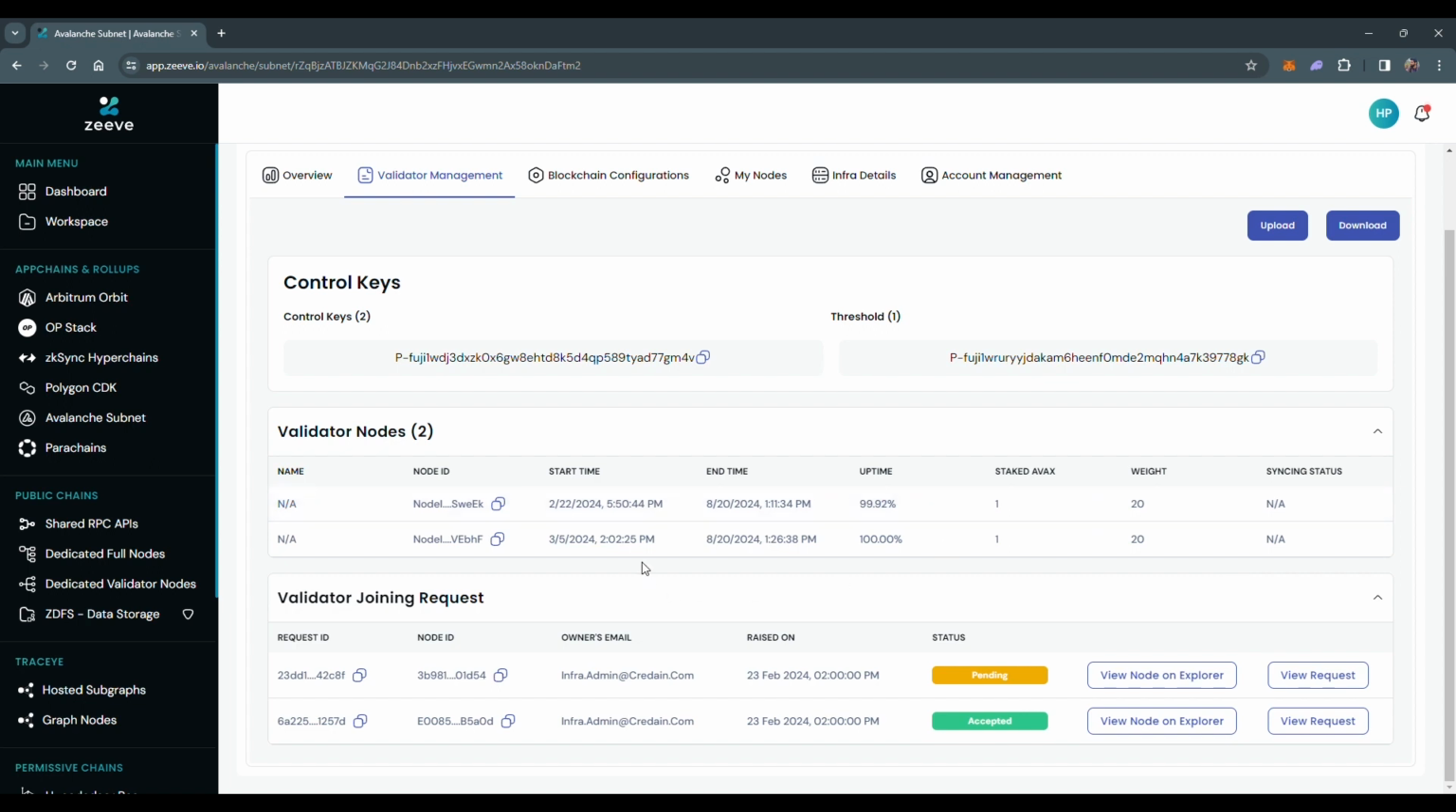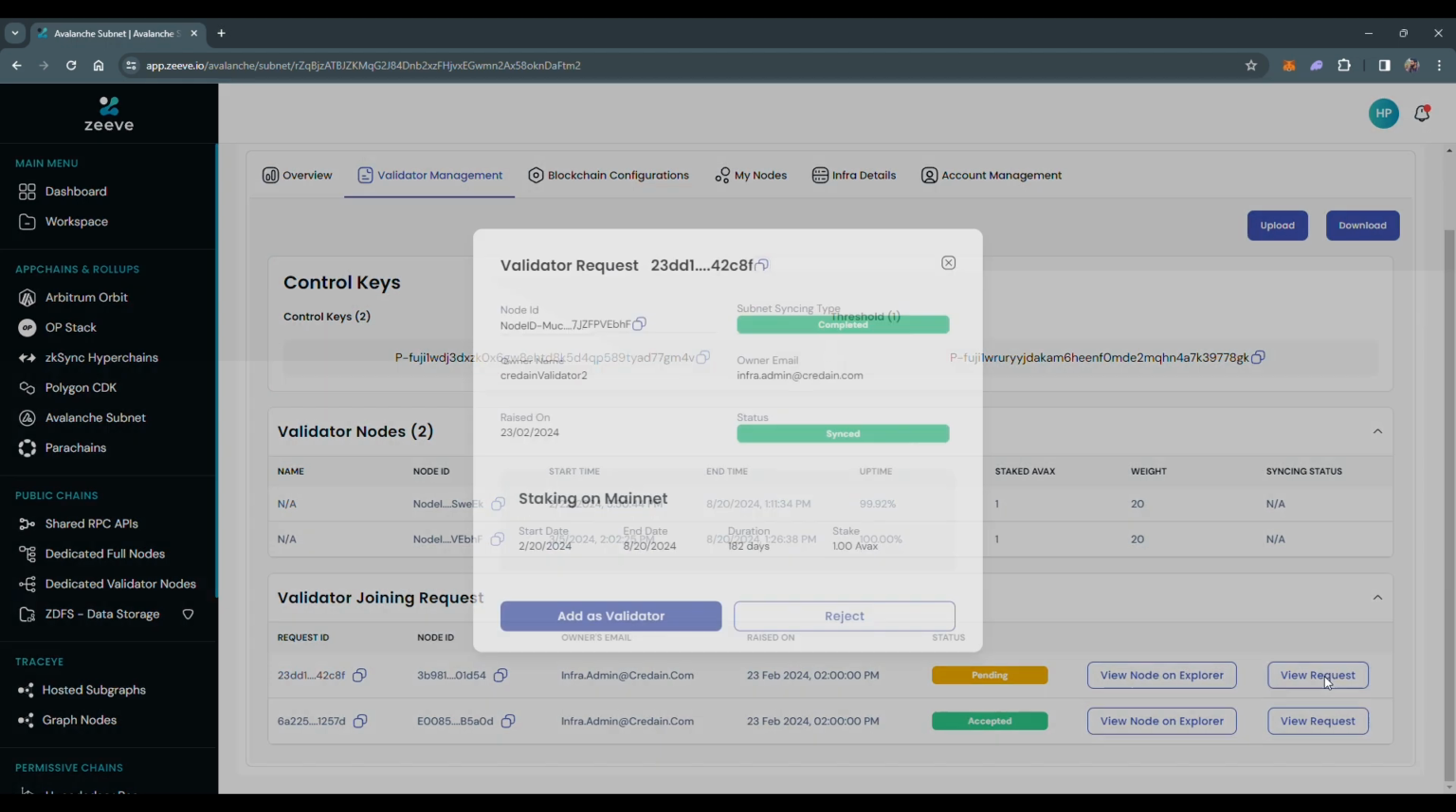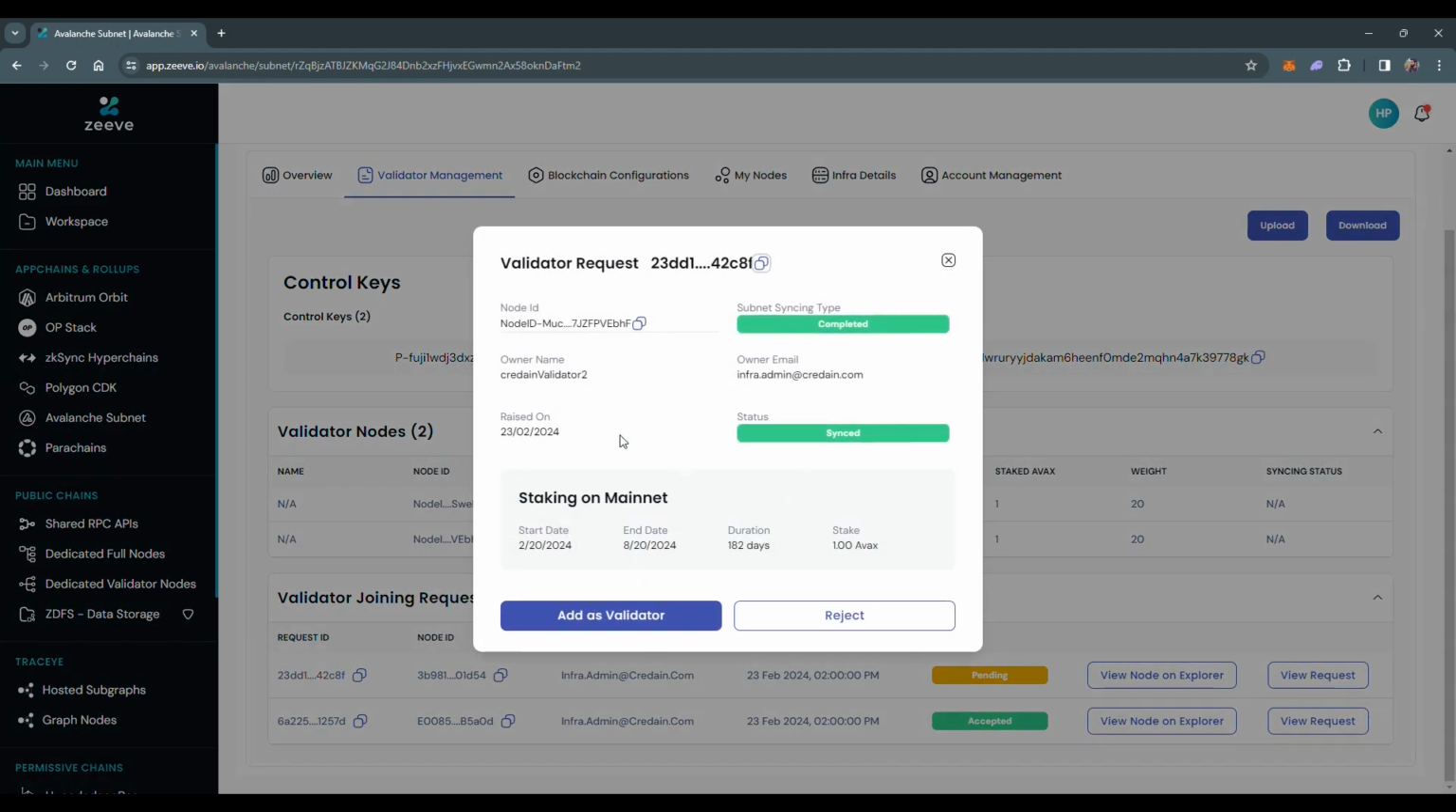Once you deploy your node with Zeeve, being part of a subnet, it will be visible here to the subnet owner, which is this panel here. And the subnet owner, based on the request, can see the request and look the validator up in the Explorer,